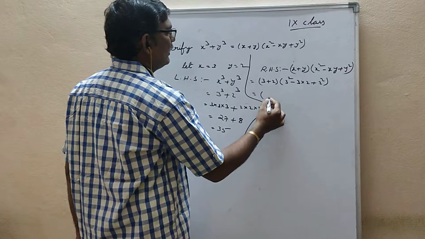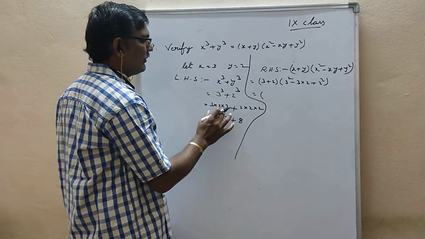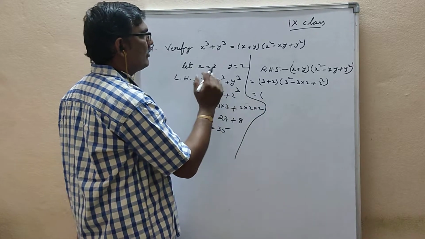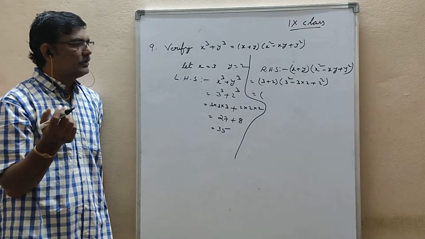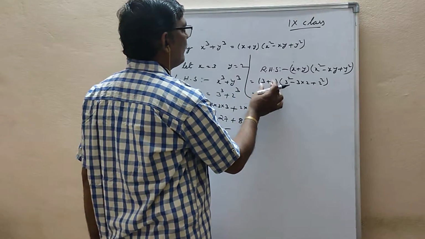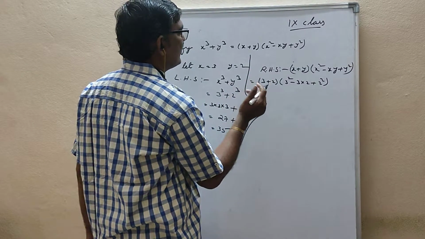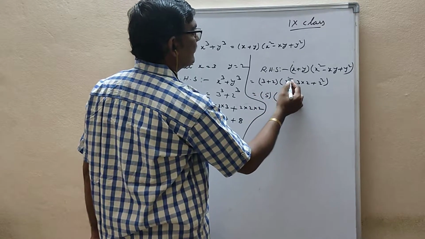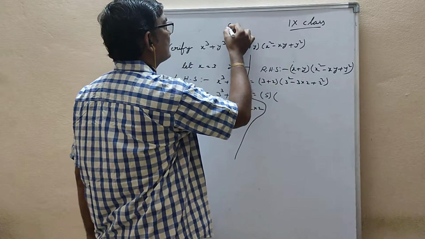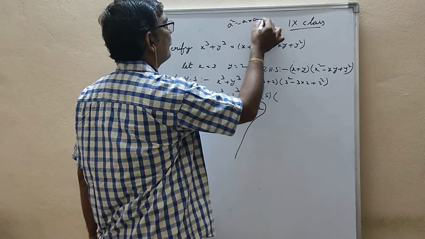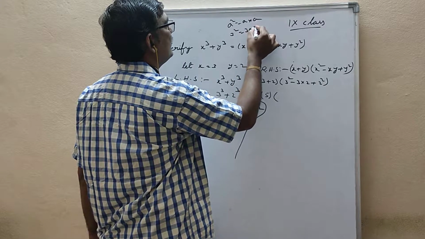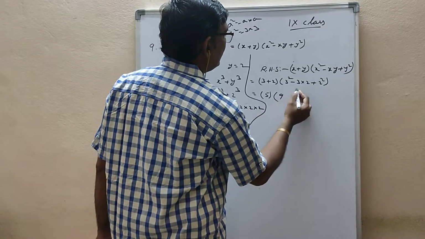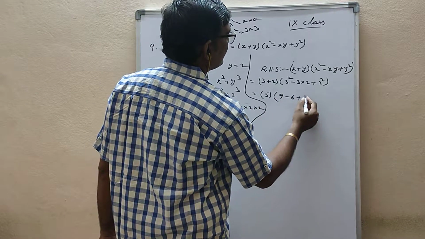Now what do you have to do? I am using the BODMAS rule. Don't do 3 plus 2 first; multiplications come first. BODMAS also means inside the brackets you have to simplify: 3 plus 2 is 5 here. 3 square, don't write 6. a square is a into a, so 3 square becomes 3 into 3, which is 9. 3 into 2 is 6, and 2 square is 4.